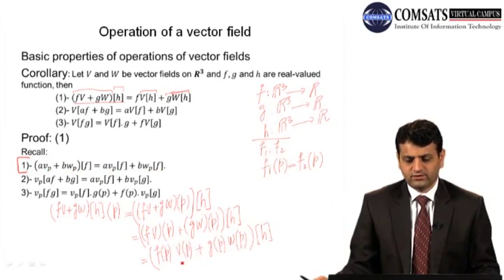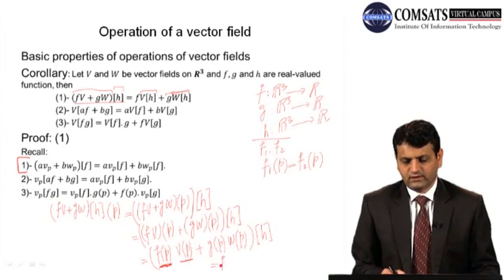Here f of P is a number because it's a real valued function, so f of P is going to be a number. So I can distribute this on h, so this will become f of P vp of h plus g of P wp of h,